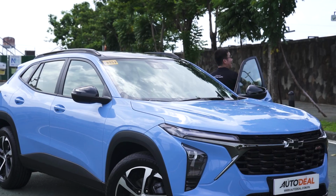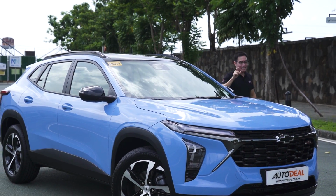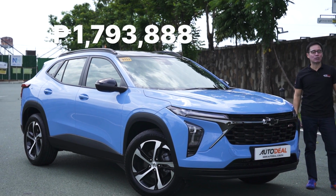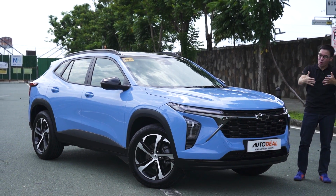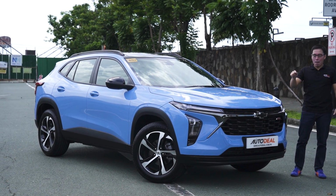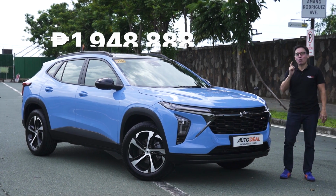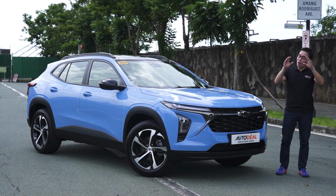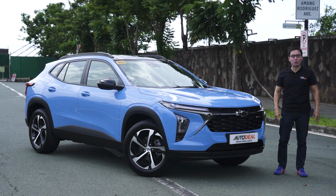And that is its price. See, the Trax starts at just under 1,800,000 Philippine pesos, which on its own, that's already a pretty big ask. But this RS is 1,948,000 Philippine pesos. Now, I know it is a bit of an ask, and I agree with you, but if